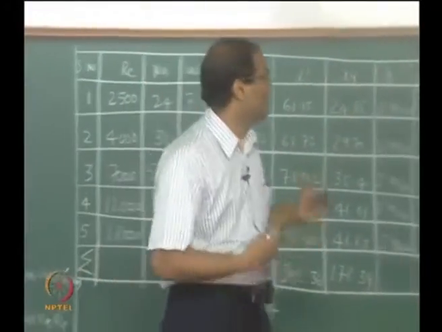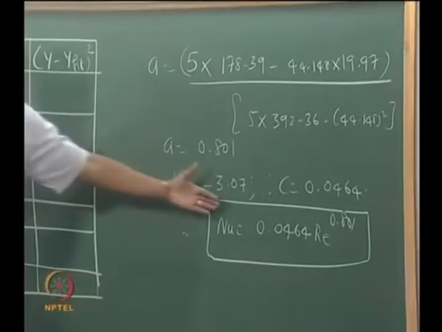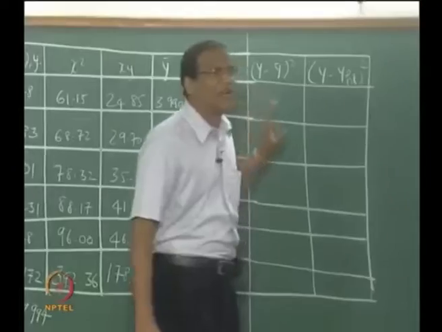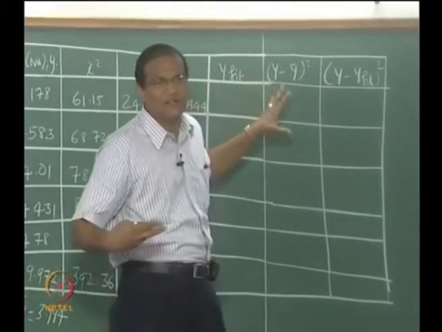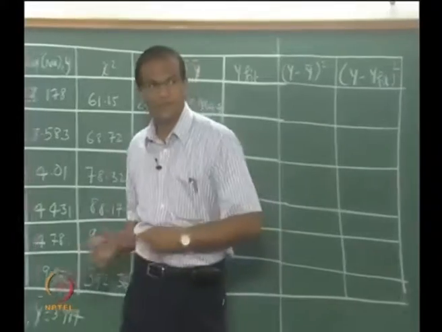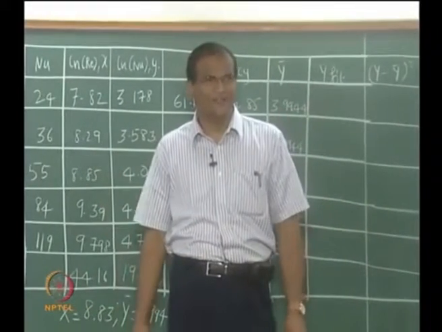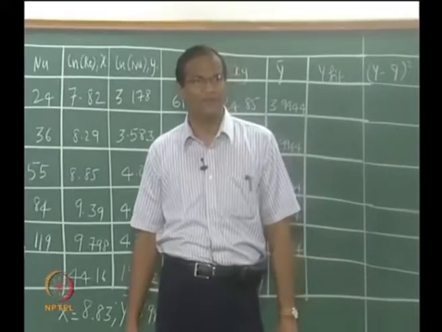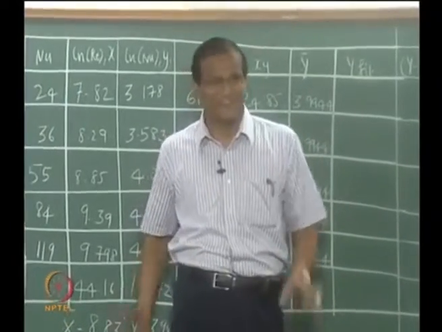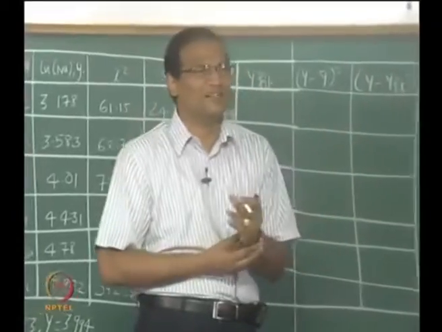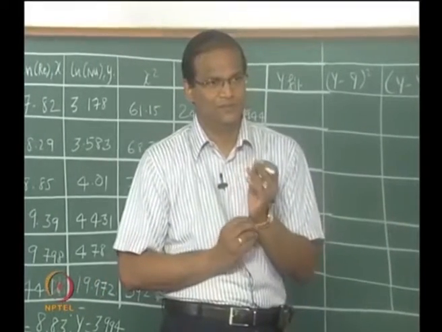So there is a confusion as to whether you have to check on the ln or the actual performance on this. Okay? So if the class feels that we should not check on this ln... Since you are regressing on the logarithmic value, should we be checking the fit on the logarithmic? Okay, the debate starts. Whether we should be checking on the logarithmic values or ultimately on the Nusselt number itself. Because the regression is a linear regression in the log term. So in my notes I have done it based on the Reynolds, based on this. In the class I wanted to do this, but whatever you want to do, we will do now. You have to decide.